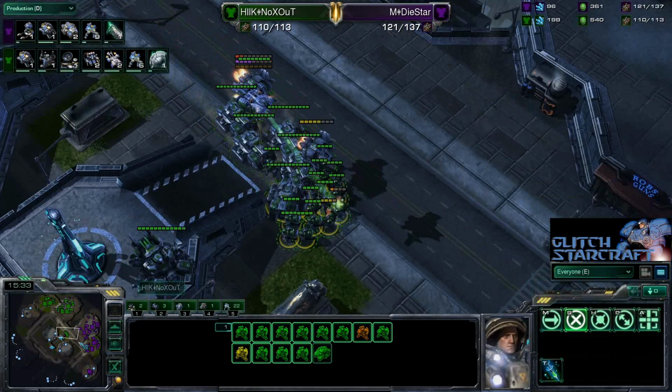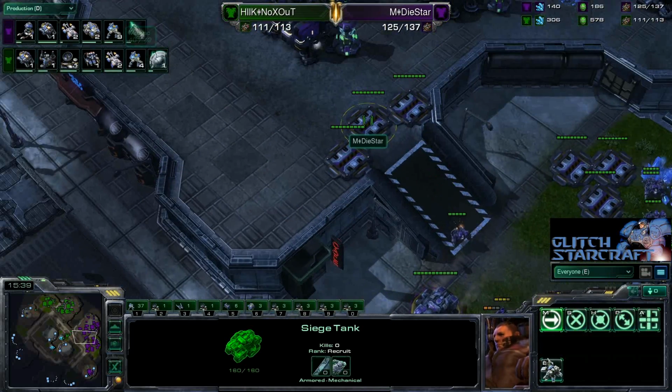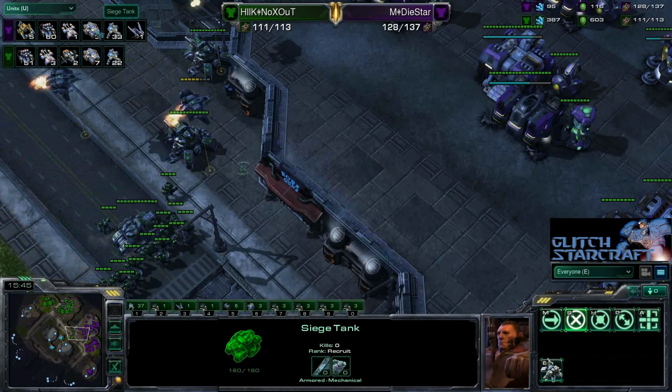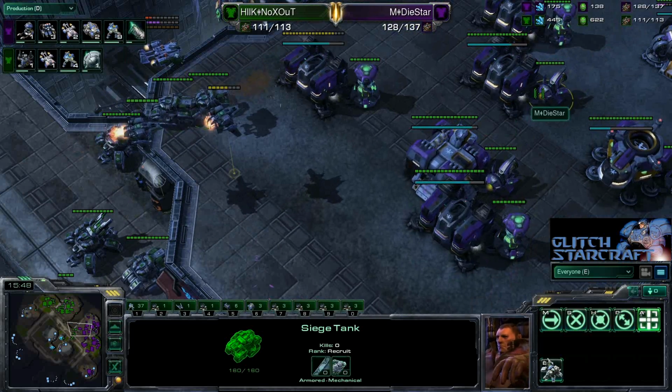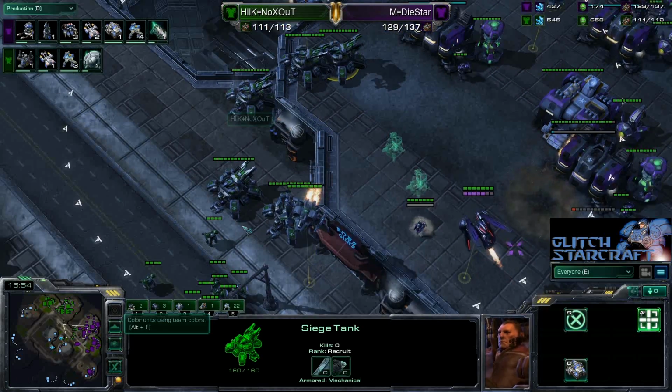But this force of Marine Marauder is just not looking as strong as the force from DieStar right now, as he does have, I think he's got the siege tank advantage, doesn't he? No, he is actually way down in siege tank count. Holy cow, 3 siege tanks to 7. Ktože got way more siege tanks, and this is actually a well-positioned attack here by Ktože as he spreads out